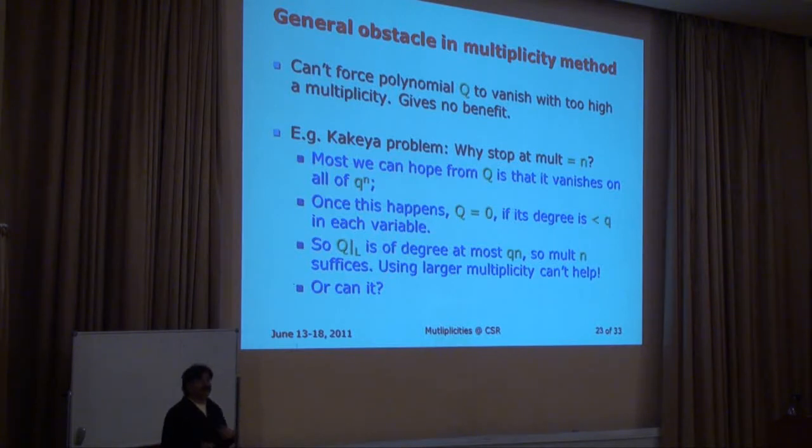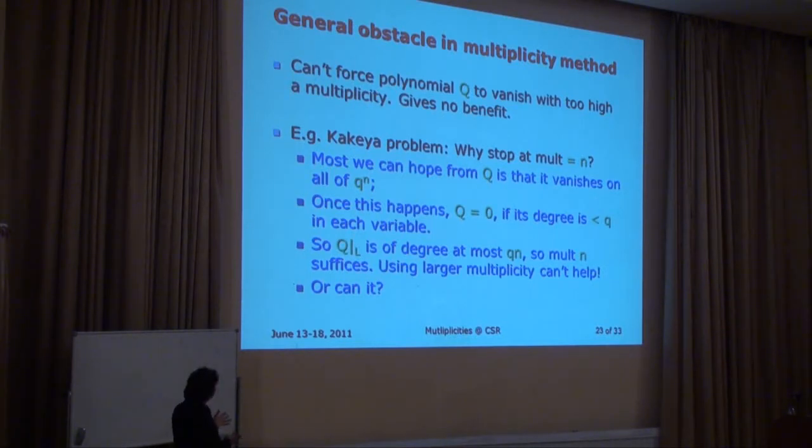It doesn't help me. These things do exist. There are polynomials of degree q, like x1 to the q minus x1, which vanish everywhere in the space. So if you tell me that it vanishes everywhere in the space, that doesn't give me much if this polynomial is allowed to have degree more than q in any one variable. But if it has degree at most q in every variable, then that's a polynomial of total degree n times q. And so getting a root of multiplicity n on each point on the line is as strong a result as I ever need to use.